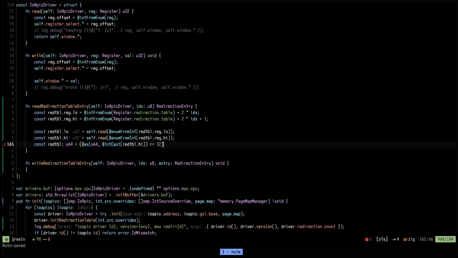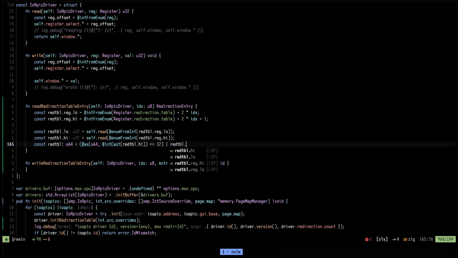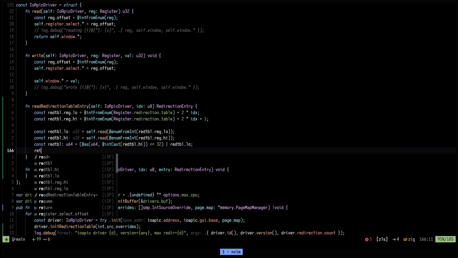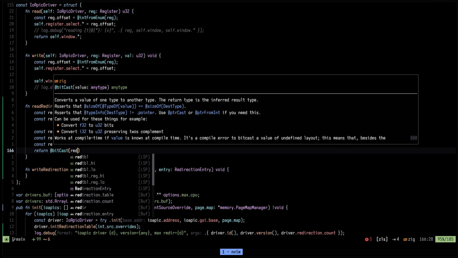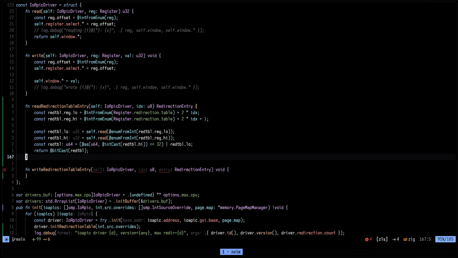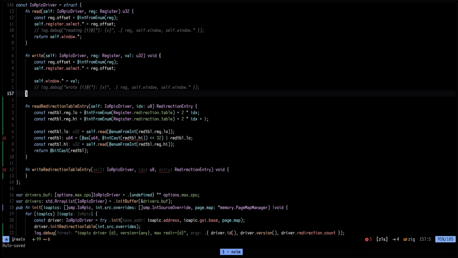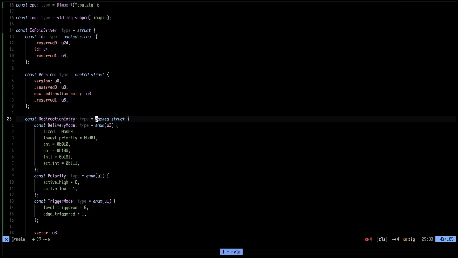Let's put all of those in parentheses like that, and then we end that with redirection table low, which we don't really care, to cast. And then we return a bitcast of redirection table, which would cast this int here to a redirection table entry, which should be a packed int struct. Yep,